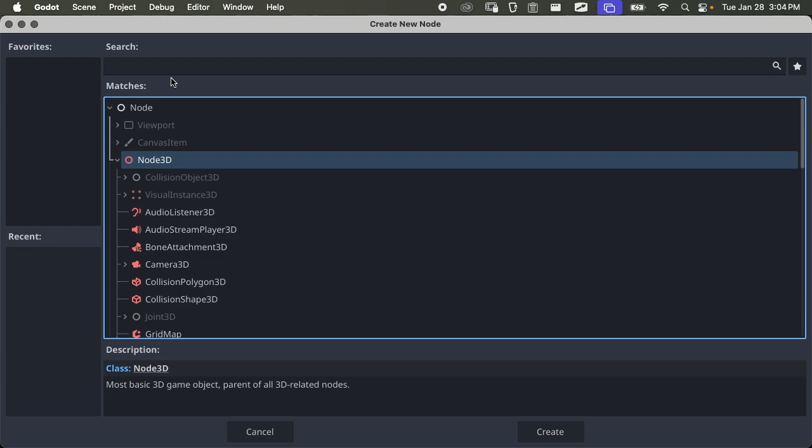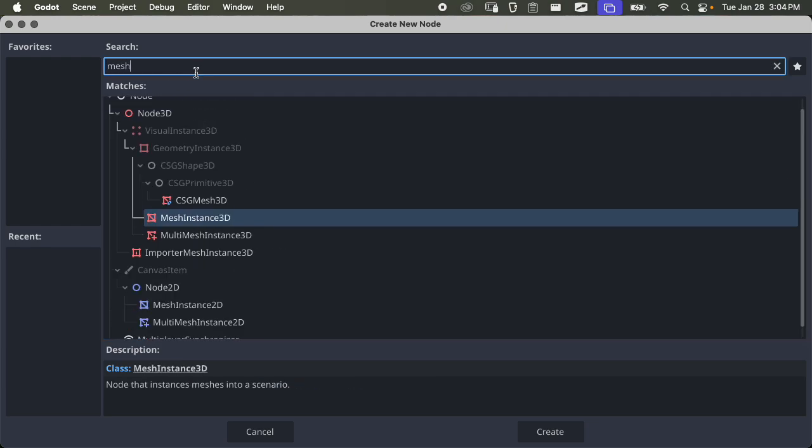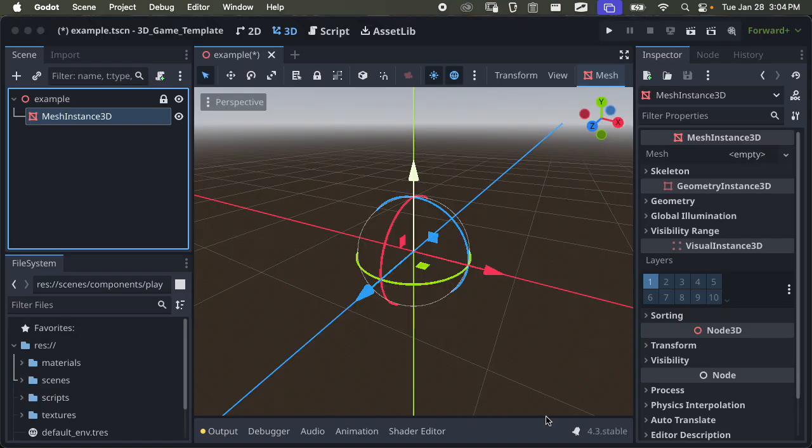I'm just going to add a simple mesh. A mesh is the most basic form of geometry that defines a 3D shape. A mesh is made up of 3D points in space, and the game engine will draw in color or fill in between those points. So I'm going to create a mesh,